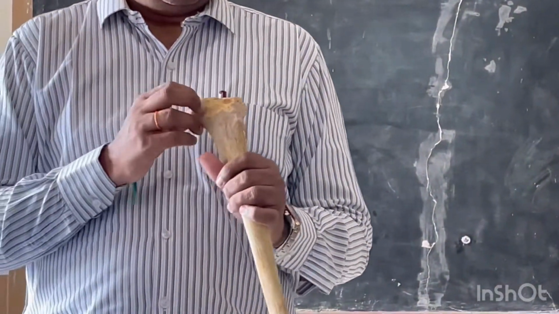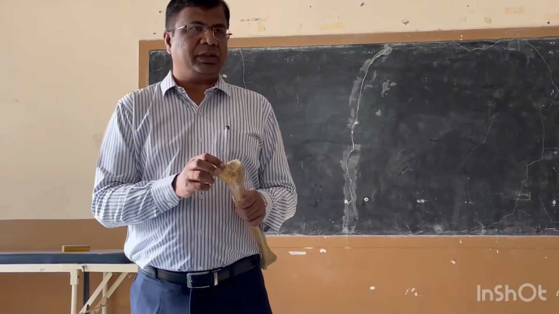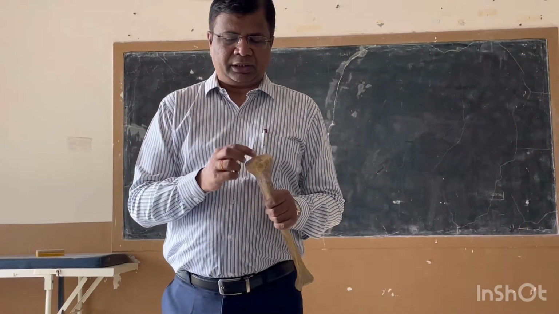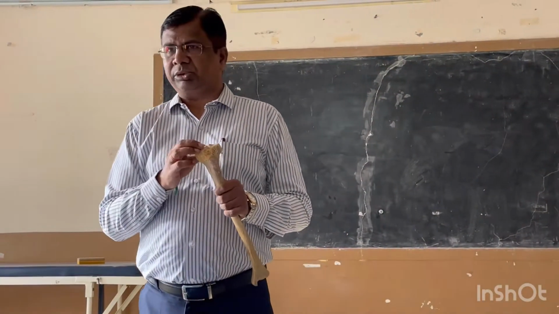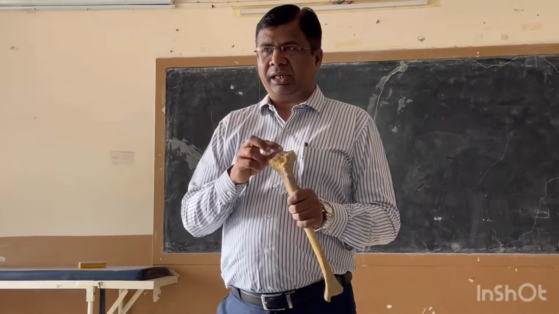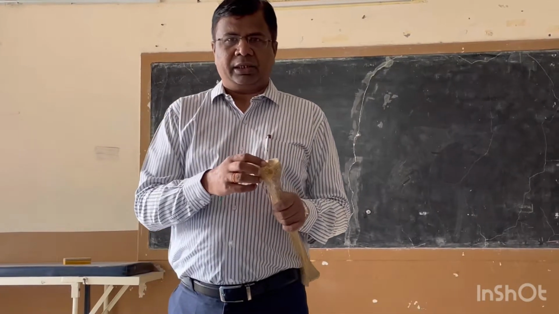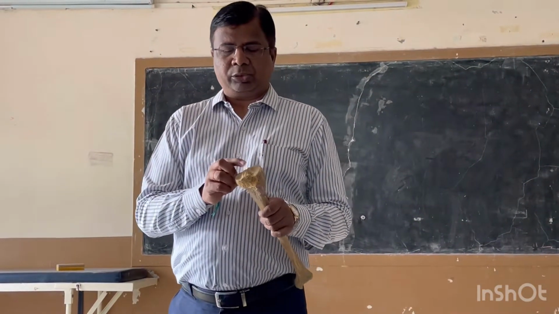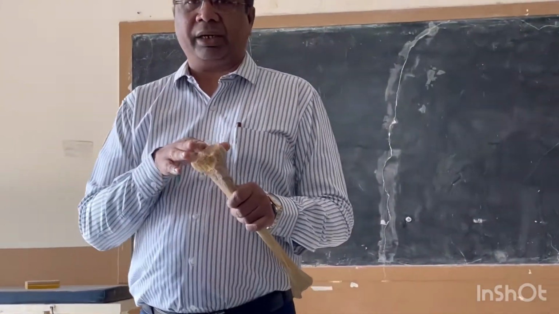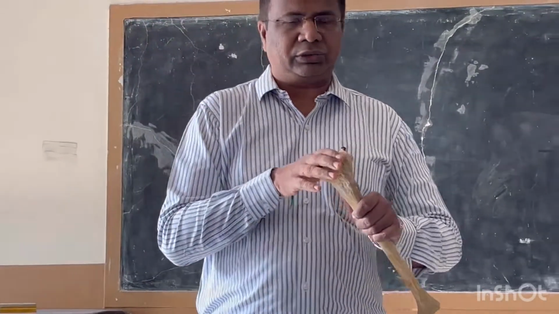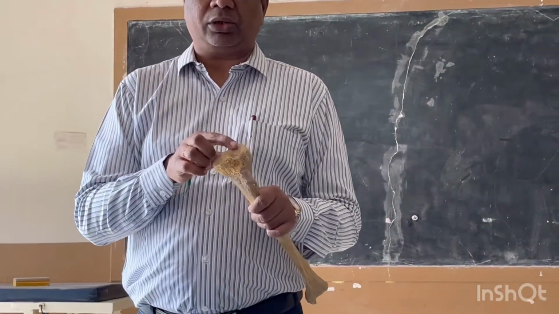And then in between these two parts you will have the intercondylar tubercles. These two are very important things here, and this area between the two condyles is called the intercondylar area. Here there are many important attachments. You can remember them as MCL and LMC. You have the anterior horn of medial meniscus, anterior cruciate ligament, anterior horn of lateral meniscus. Then posteriorly you will have the posterior horn of lateral meniscus, posterior horn of medial meniscus, and posterior cruciate ligament. These are the things that will be attached here. Very important intra-articular structures of the knee joint are going to be here in the intercondylar area. And these two are intercondylar tubercles.